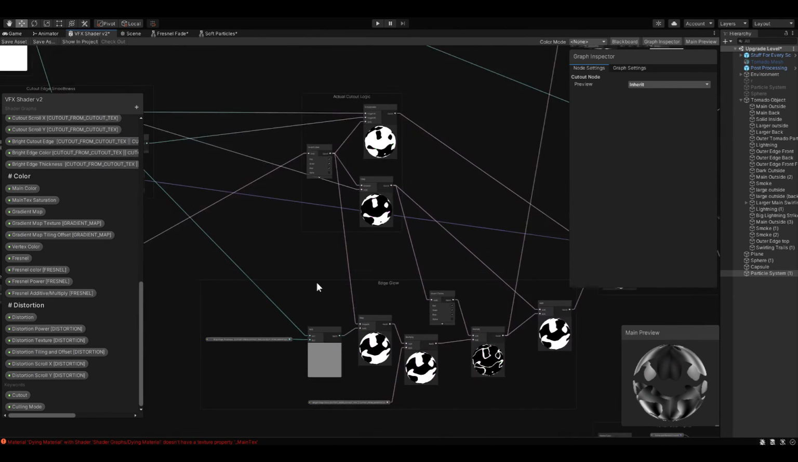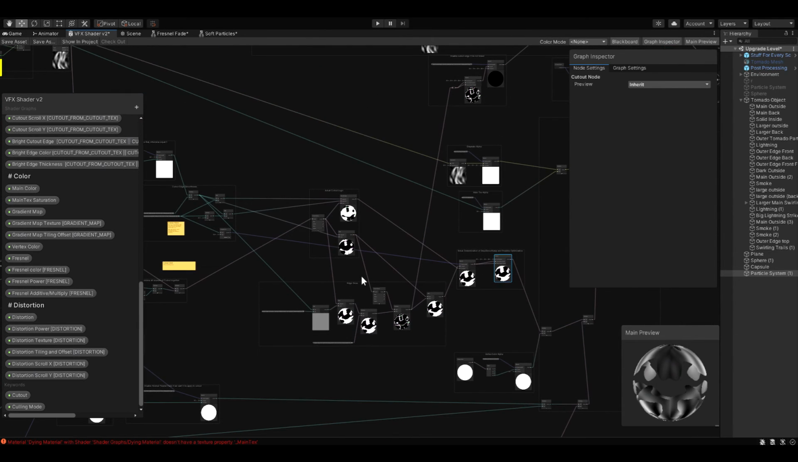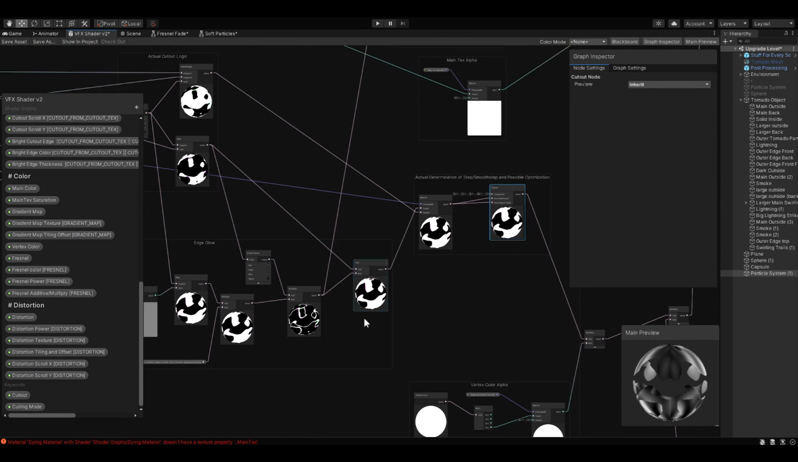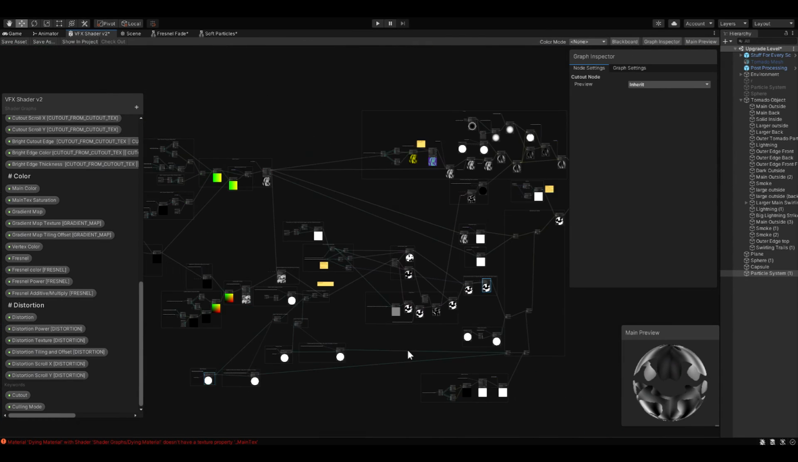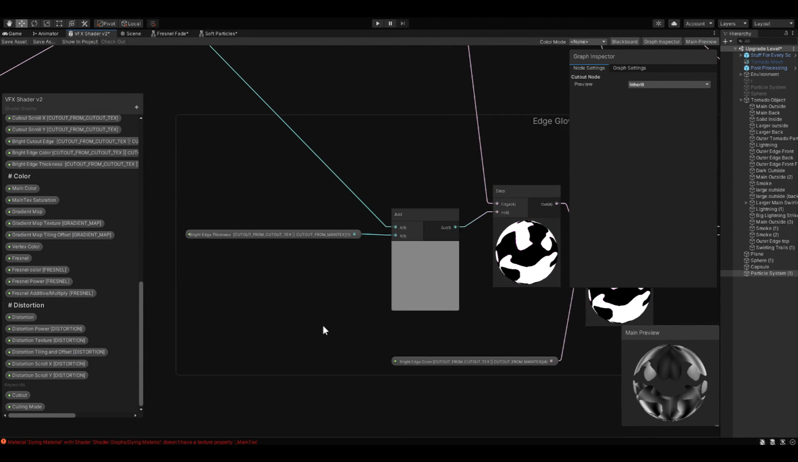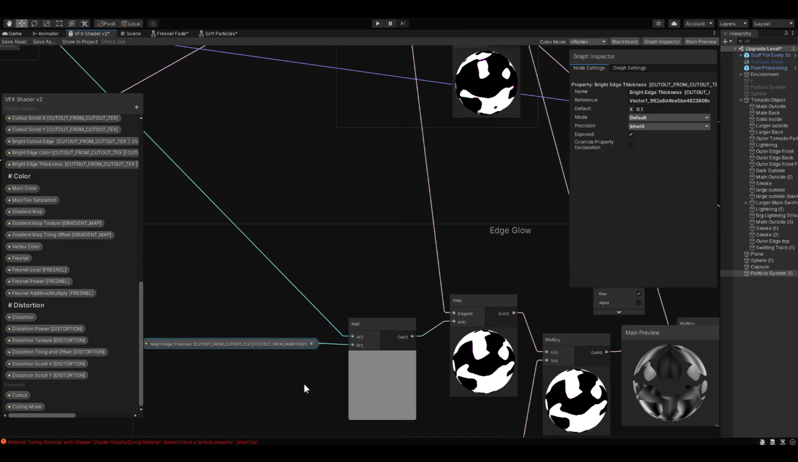Okay, so we went through most of that up here, and the cutout edge we did okay. So we've just got this edge glow here to look at now. So we've got bright edge thickness. So what we're gonna do,